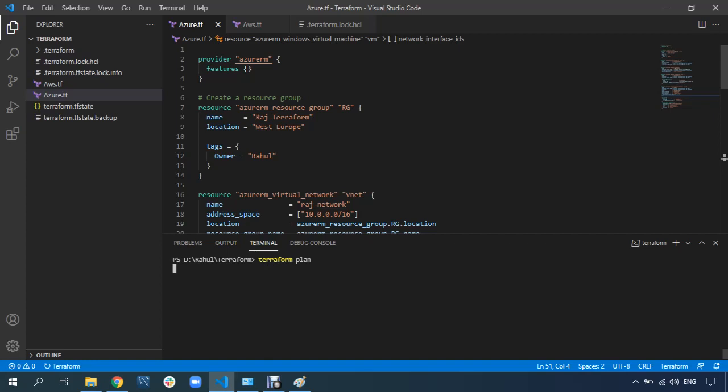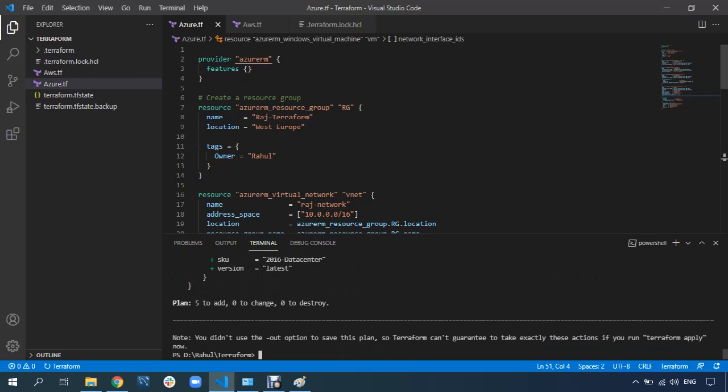One more important thing I just wanted to let you know, you should not remove this block anytime. Whenever you want to write any new code, you just delete it from here and then you write it. And whenever you create any resources, if you want that resource to be with you, don't delete this code, create a new file and put the code in that. Why I'm telling that, I'll let you know in the upcoming videos.